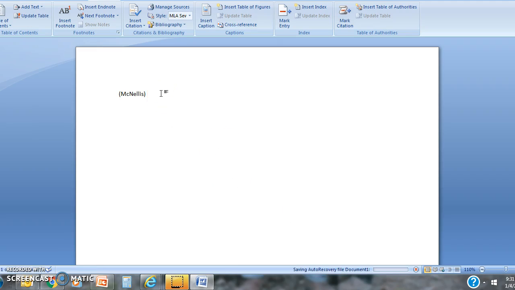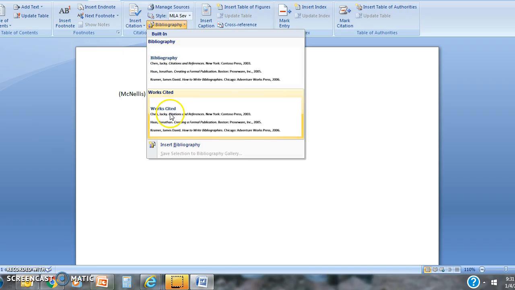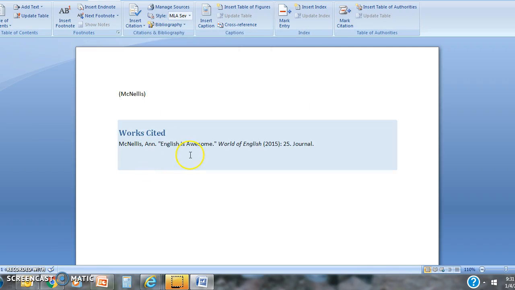So it'll actually put it into your paper with you, as you're writing your paper, you can put it in like that. Then when you're ready to do your bibliography, you just type in Works Cited right here, and it does it for you. Okay. So those are your 2 options as far as the easiest ways that